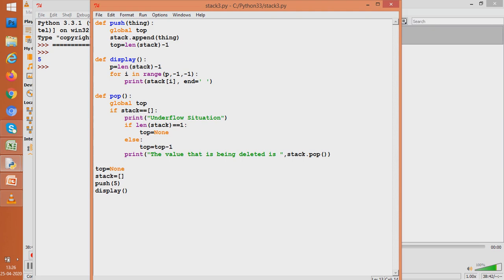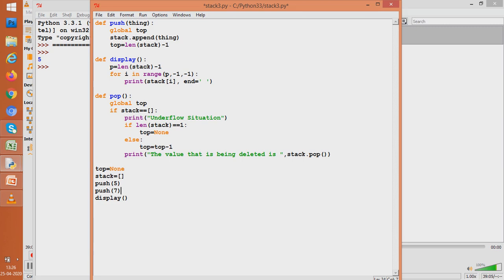So to implement that, we need to run the push function again. So we'll write push, say we take 7. So we'll execute it now. So we would have 2 values, 5 and 7, but while displaying, it would be displayed in the reverse order.